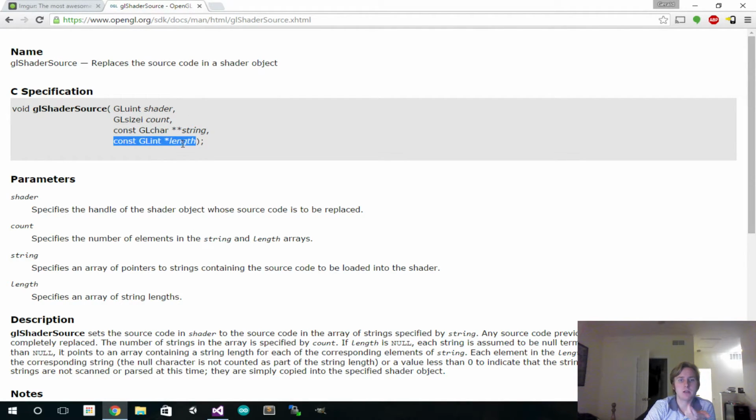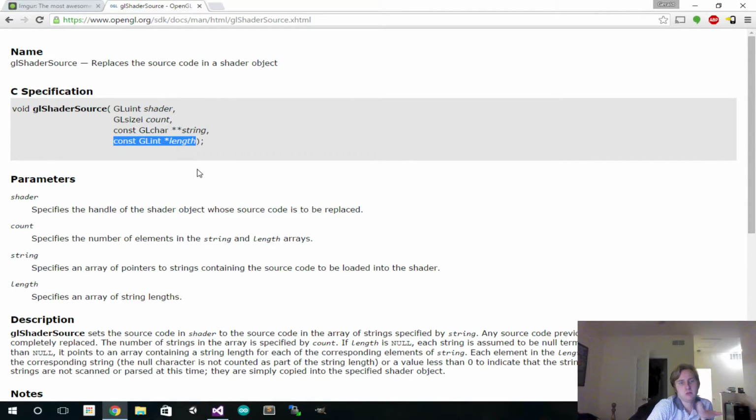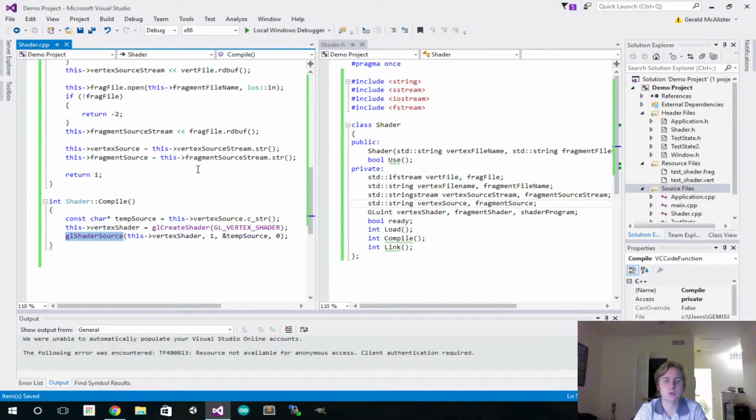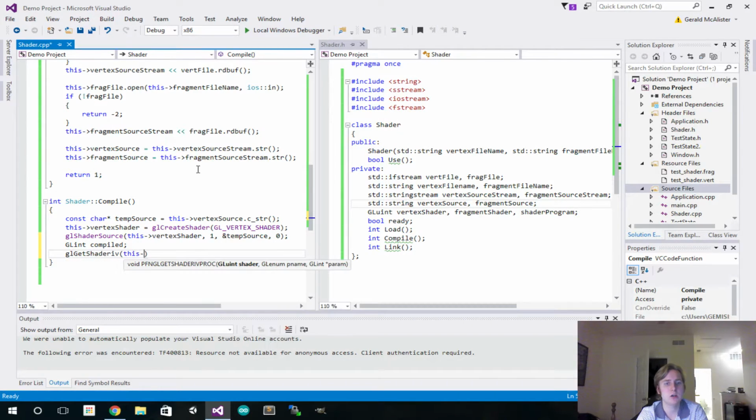Finally, we have to give the length of each string, specifying an array of string lengths. In this case, we're only using that 1, so we can set that to 0, and that will be fine. To explain this is kind of tough. Just know that that needs to be 0. Once we have that, we're going to take a GLint compiled. I'm trying to keep this as short as possible, so I apologize if this is a little fast. The next thing we need to do is get the status